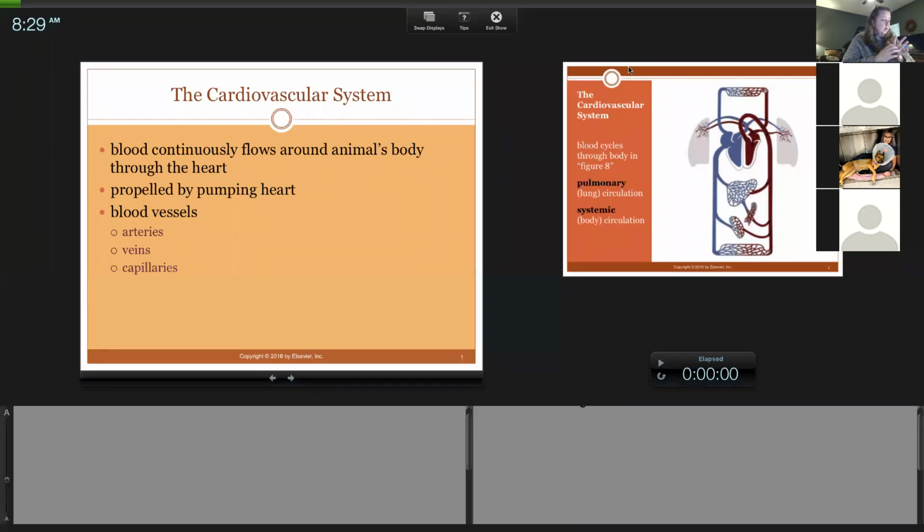Does the heart rely on a nervous impulse to generate a heartbeat? And what part of the nervous system impacts the cardiovascular system? Someone can either unmute themselves and say it, or you can type it in the chat, but I would like some interaction if possible. Does a nerve impulse need to generate a heartbeat, first and foremost?